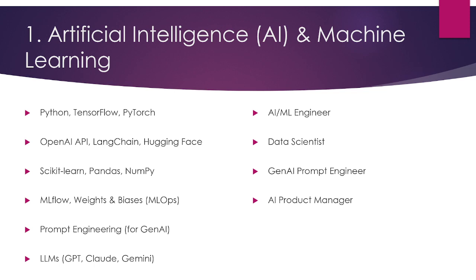So for the first place would be artificial intelligence and machine learning, as you all are aware. Right now, artificial intelligence and machine learning, for the past few years, has started booming. Not most of the companies have adopted it, but some startups and mid-level companies started using it, and some companies are developing their own models, or maybe common models, in order to solve some common use cases. So right now in this field, it's a booming phase.